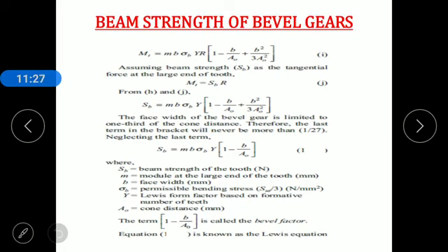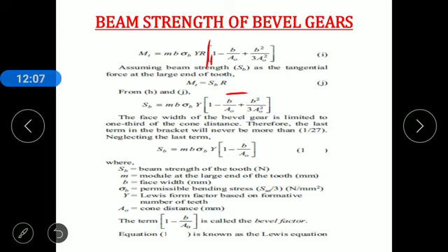Okay, now here we consider that equation as J. In that equation we substitute the value of M suffix T, the value of torque. After substituting the value of torque, R from both sides gets cancelled. R is present in the torque equation, in equation I and in equation J, and when we substitute MT in equation J, R and R get cancelled. The remaining term: SB is equal to MB sigma by, inside the bracket 1 minus b divided by AO plus b square divided by 3 AO square.